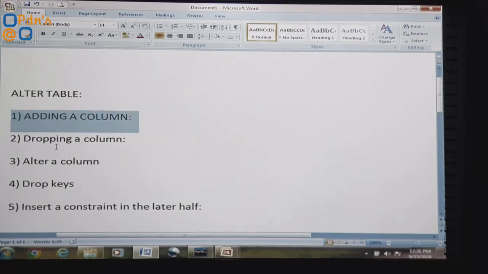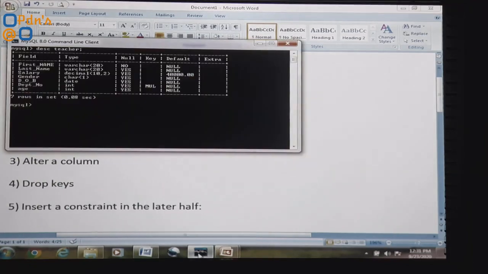Now let us come to the next feature, that is dropping a column. How can we drop a column using the alter table command? We will check in the same relation itself. Here I am going to drop the last name column from this teacher relation using the alter table command. So let us see how we can do it.